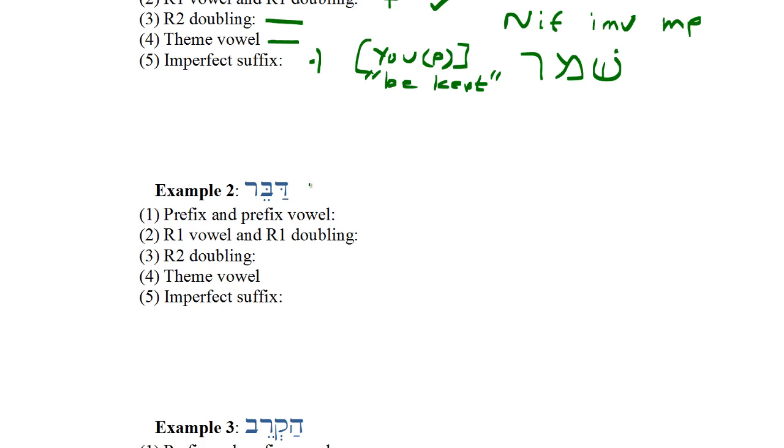We have daber. So there is no prefix or prefix vowel here. So that leads us to think we have either a qal or a piel. We look then at the R1. We have an R1 vowel of patach under that dalet. There is no R1 doubling. This dagesh is a dagesh lene at the beginning of a word. So we have da. That patach rules out the qal R1 vowel,